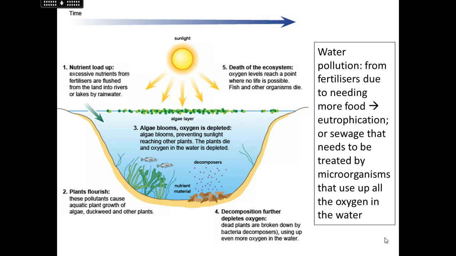So if you just pop back to this eutrophication, which is an issue because of fertilizer use. The fertilizer gets flushed into a river or lake or pond, and the plants grow particularly well because obviously they are plant-based fertilizers, and they grow like crazy and everything's happy. The fish have got some more food to eat, all that kind of stuff. However, what then happens is you also get algae that does what we call an algae bloom, and you end up with this greeny layer on top of the water, which is algae growing,